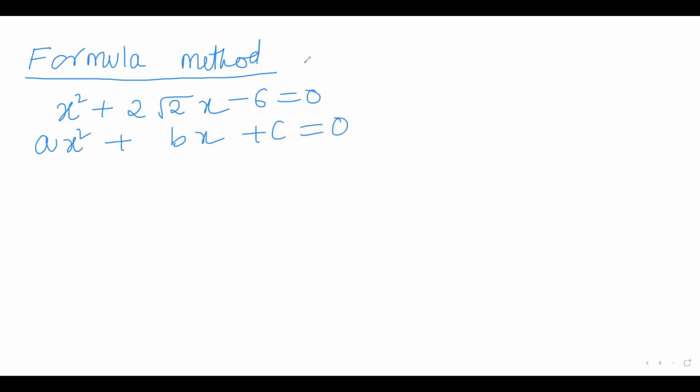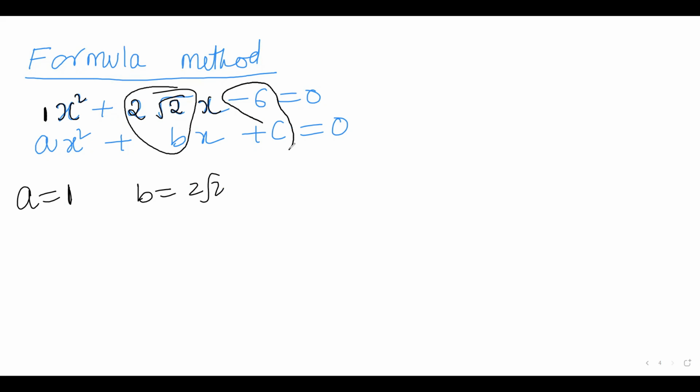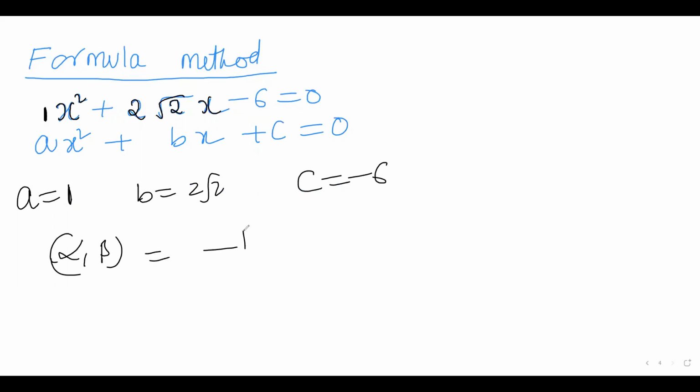Here coefficient of x square का coefficient 1 है, so a का वैल्यू 1। x का coefficient 2√2 है, कंपेयर करने से b is equal to 2√2। इसी तरह c is equal to -6। Substitute these values in the formula, and the formula is alpha comma beta is equal to -b plus or minus b square minus 4ac under root by 2a।